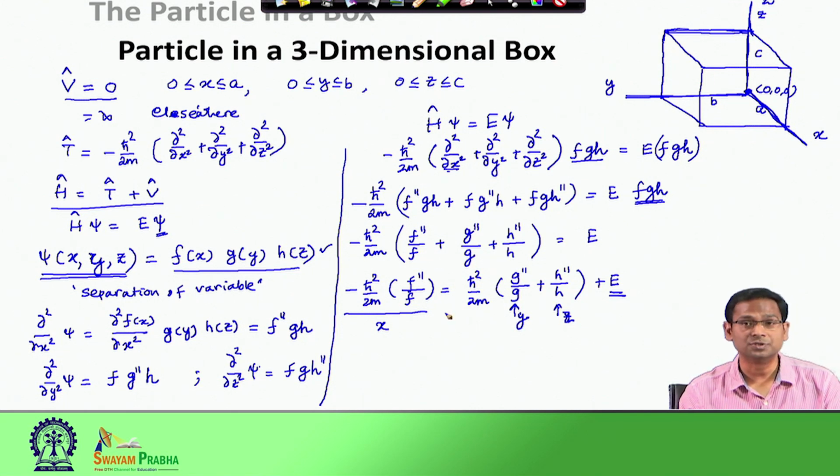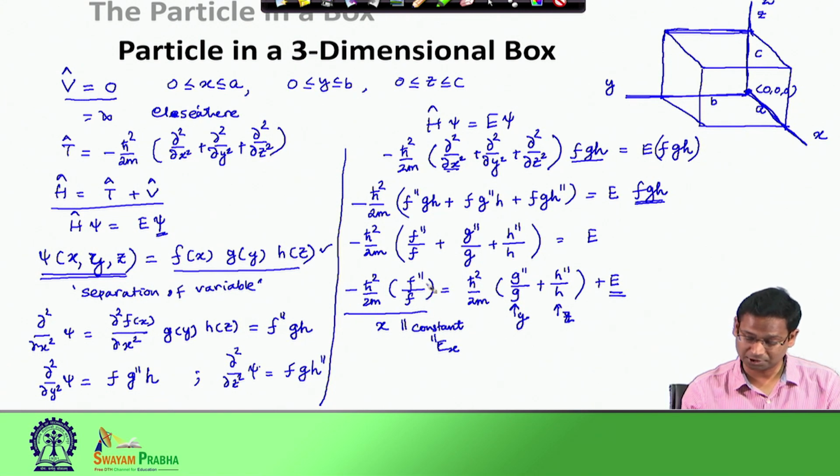So, when I have such a situation, when the left hand side depends on some variable and the right hand side depends on other variables, in that case I can say the left hand side and also the right hand side are actually independent of any of these variables. So, therefore, the left hand side I can say this is a constant. I define this constant as E x. We will continue our discussion with the left hand side, but before that I can also do the same exercise